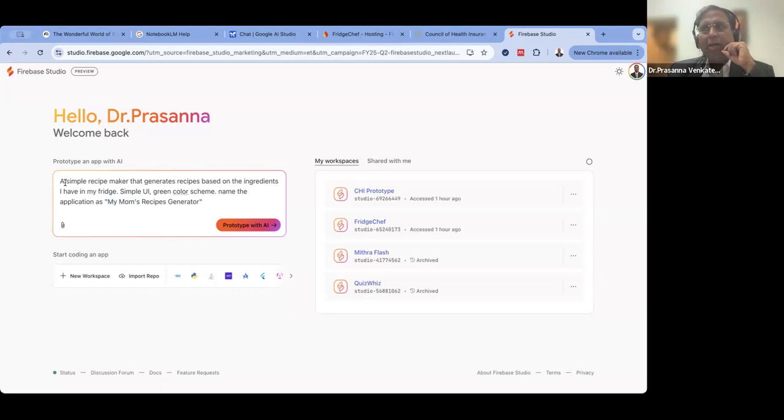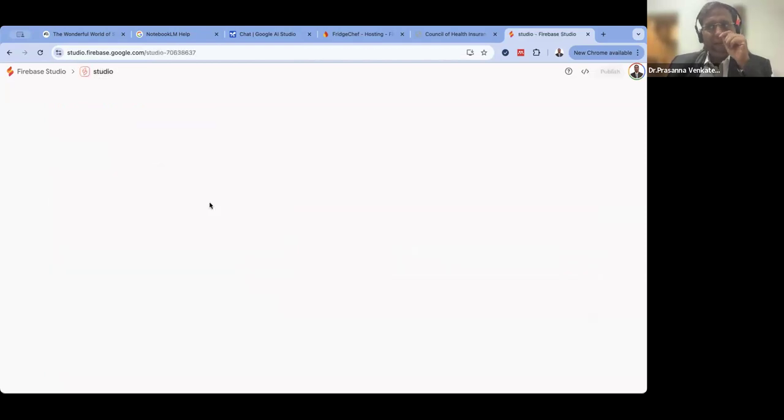So I have simply typed this text: a simple recipe maker that generates recipes based on the ingredients I have in my fridge. Simple UI, and if you want to change the color, you can change it, but it is giving green by default. I'm leaving it as it is, and then I will show you how to change it. Name the application as my mom's recipe generator, and this button here is called Prototype with AI. When I click on this, it is going to understand what you have written, and